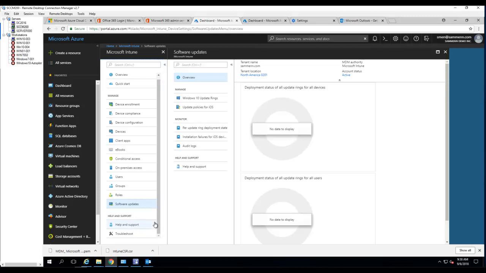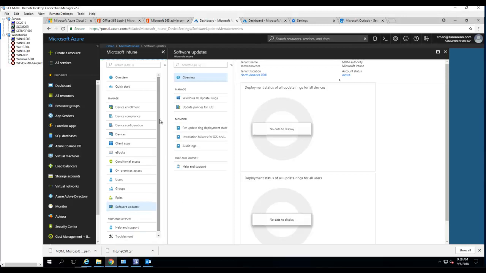Okay, that's about it. And as you can see, there's help, support, and troubleshooting. If you have any issues with your tenant or configuration, I would advise you to open a support ticket or